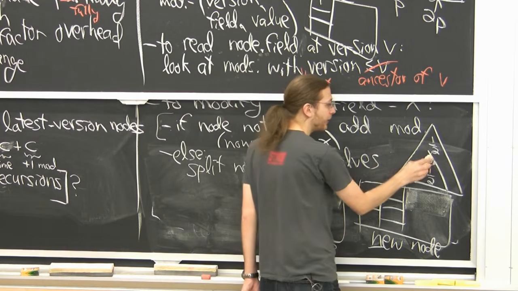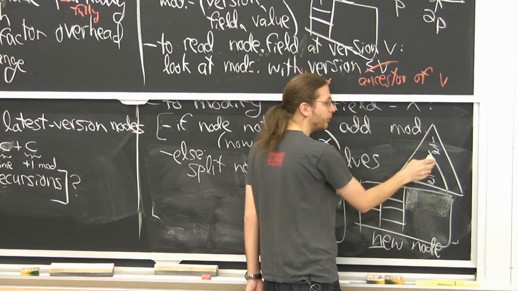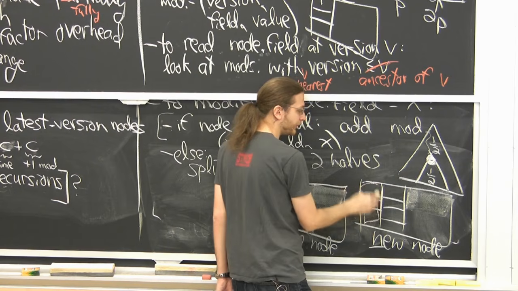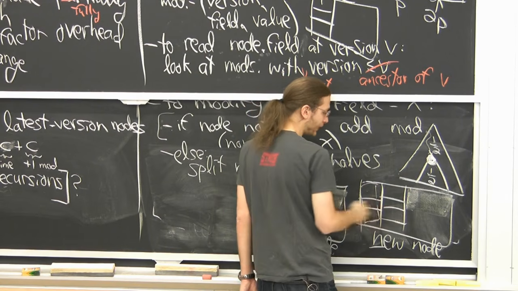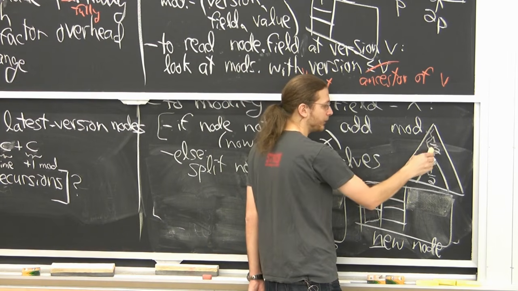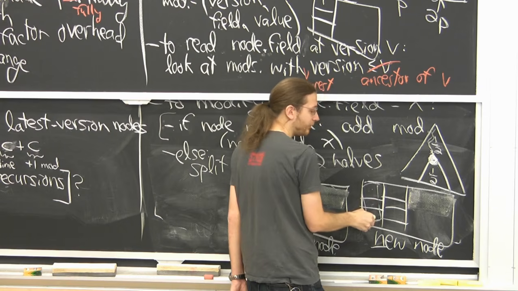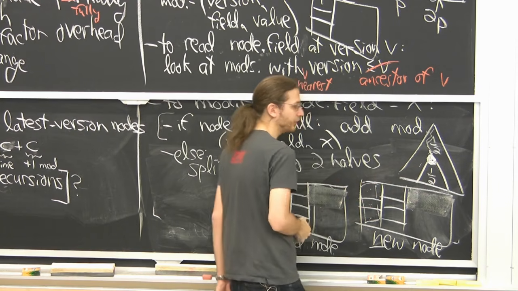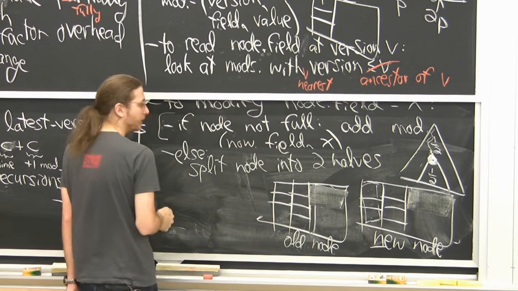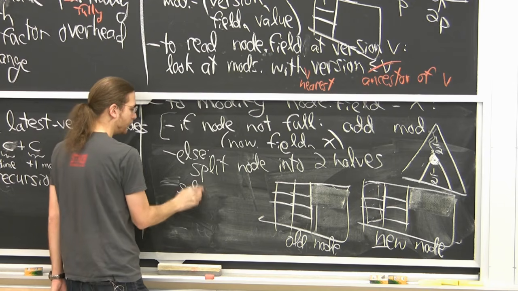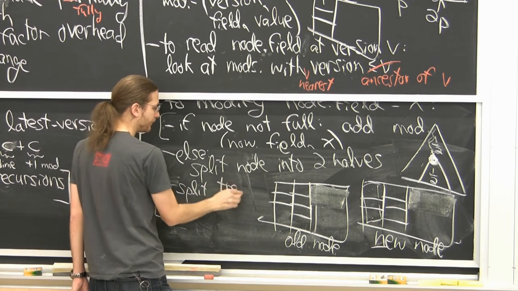Whatever mods were relevant at this point, whatever had been applied, I apply those to the fields here. And so that means I can remove all of these mods. I only cared about these ones. Update these fields accordingly. I still have the other mods to represent all the other changes that could be in that subtree. Okay, so we actually split the tree,